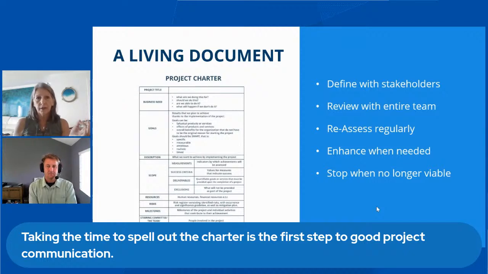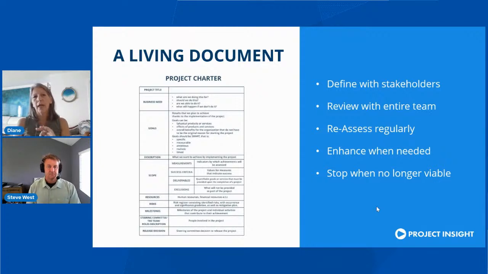The one thing to really think about is that not every project will go as planned. We know that, right? And things do change during the course of a project. There is nothing wrong with regularly reassessing that everything's aligned on the project. You bring up the document with the team and you go through it: are we achieving what we expected to achieve? Has the environment changed to where maybe it's not even viable anymore?